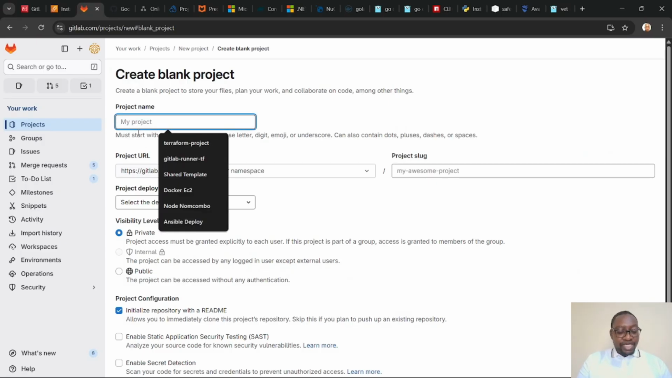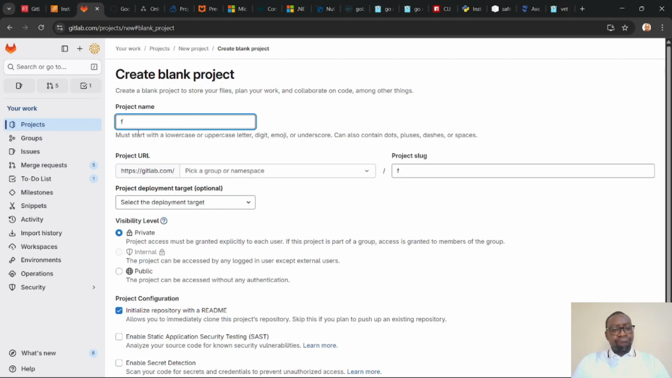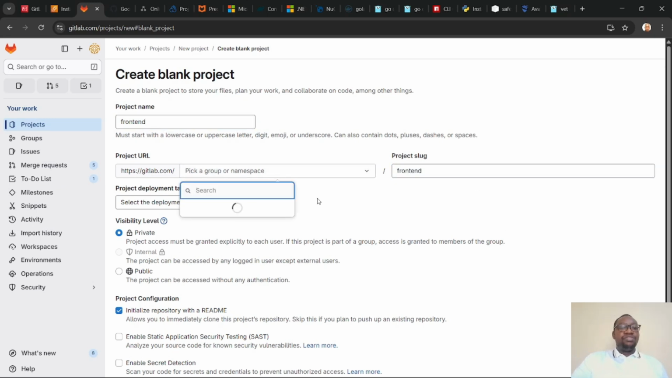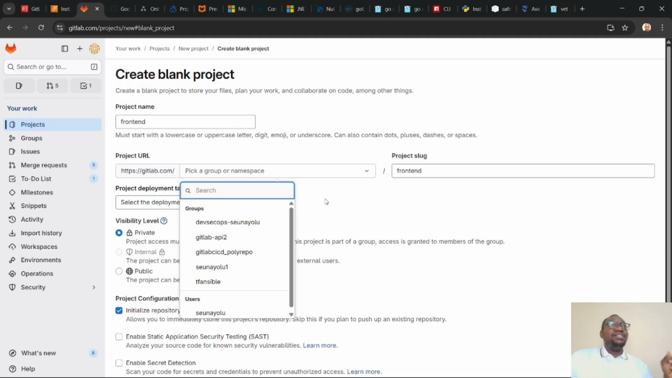So the project name can be, let's say we're dealing with a front end application for now. So I can say front end, for example. Okay, that might be the project name. And then of course, this can be the project slug. Okay, and then the namespace would be my personal namespace. Remember, in the last video, SonarQube was talking about your personal project using personal access token. And so this is not going to be under any group, because I don't want to put them under any group,